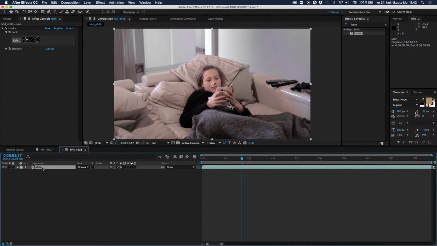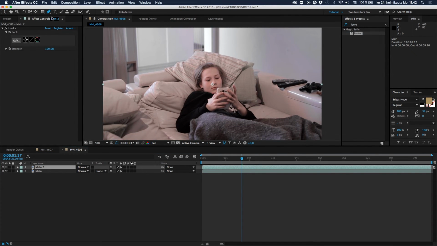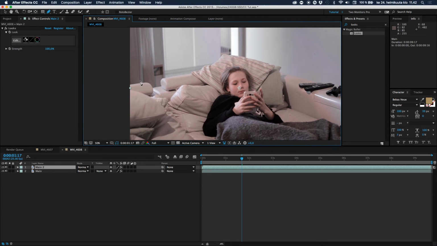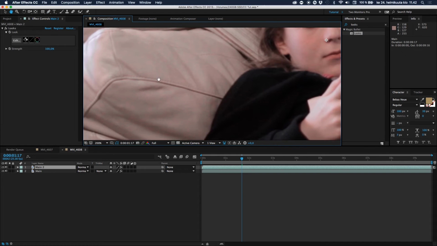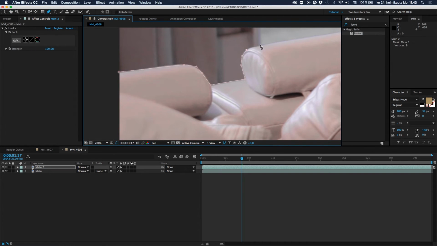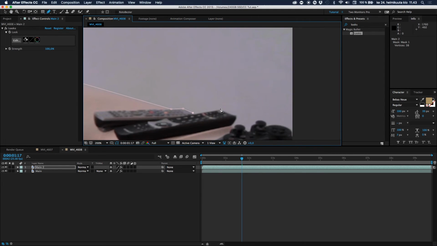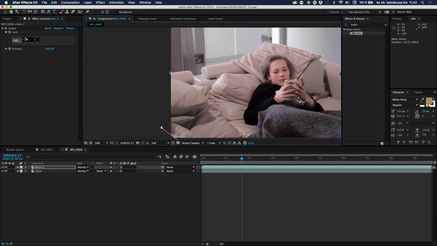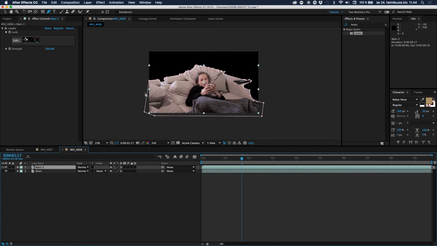Okay, so now let's edit this part just a bit. Let's go ahead and duplicate this, and let's take our masking tool by hitting G on your keyboard or just hitting here up, and let's mask out the whole sofa, which is affected by the tungsten light. Alright, so now we have put our mask here, and what that does is now we have separated it